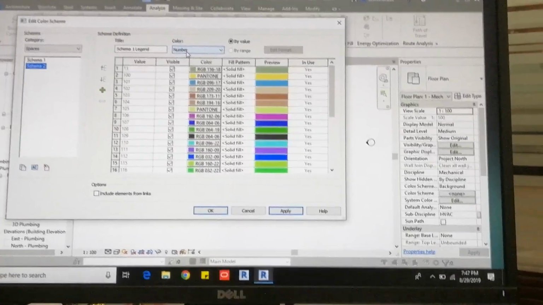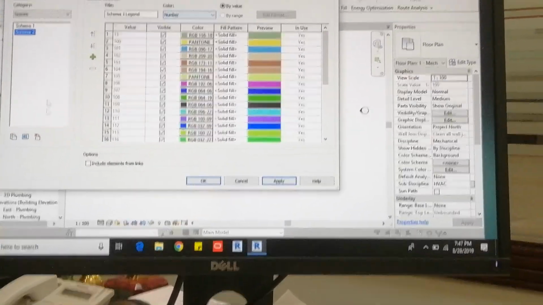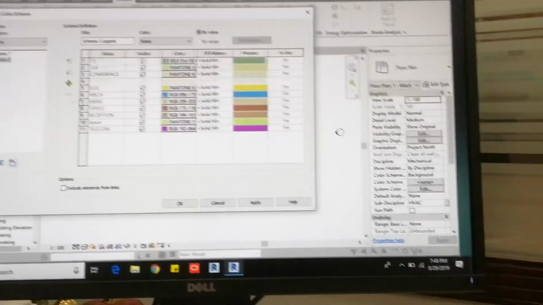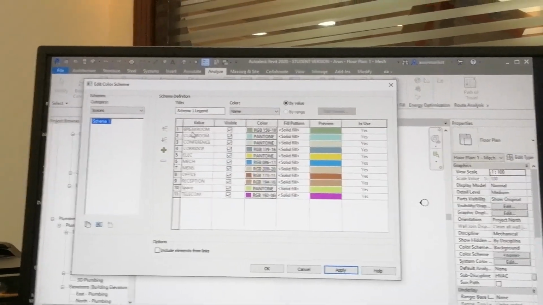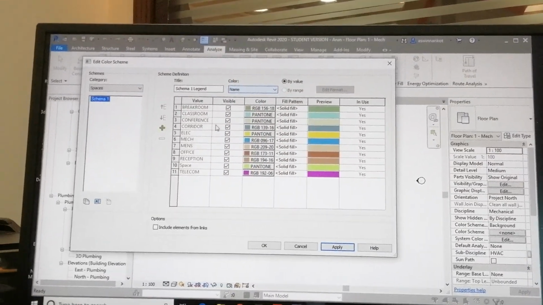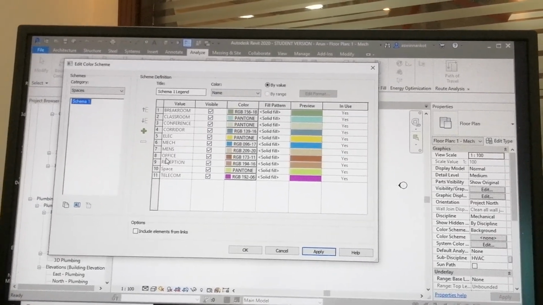Did you create the tag, or did we automatically? Last time we created. Okay, that's what the problem is. That's why I'm capturing like this. So by default you will have one scheme, based on name. You can see the name based on office. We have 3 offices, but here there is only one office.